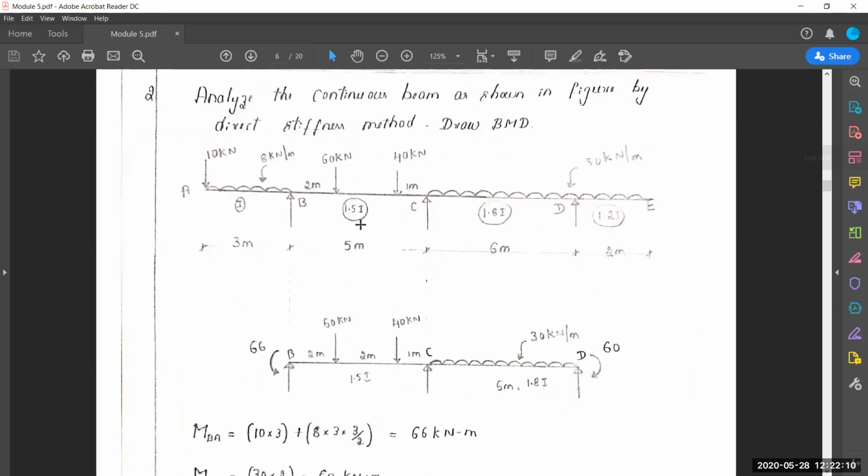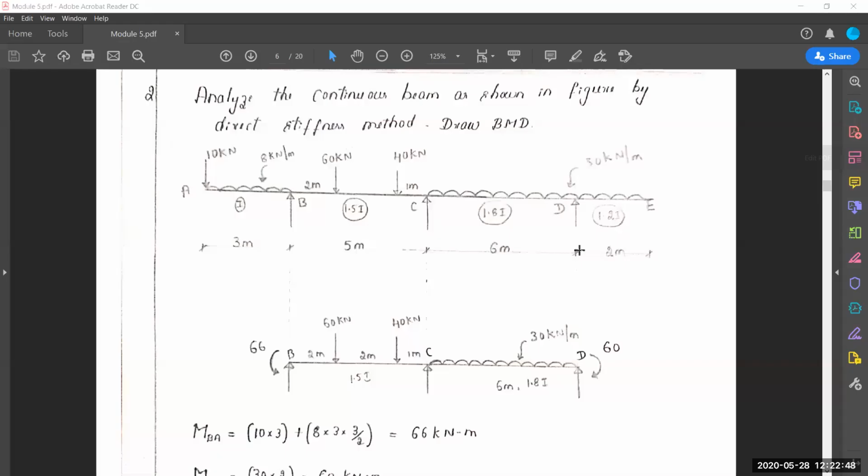How are you going to identify? See this overhanging portion, just convert that into one moment. Okay, when you find out the answer near joint D or else MB answer, it should be minus 66, and MD answer you should get plus 60. Like that also you can identify your answer here. Getting, no?